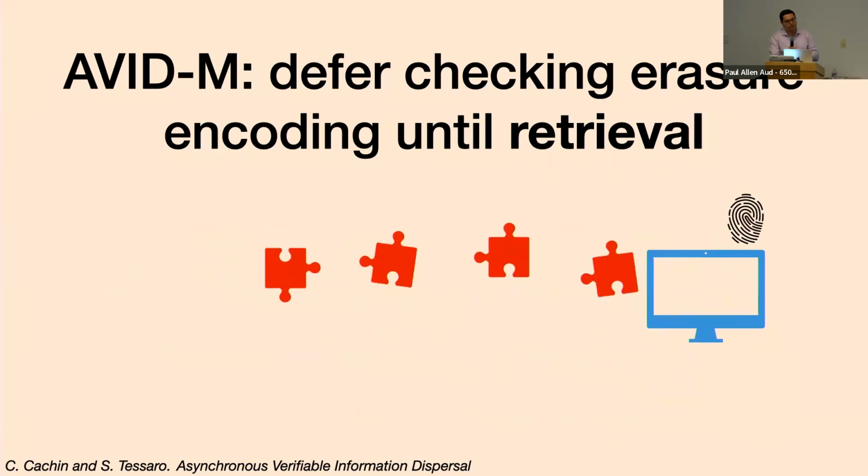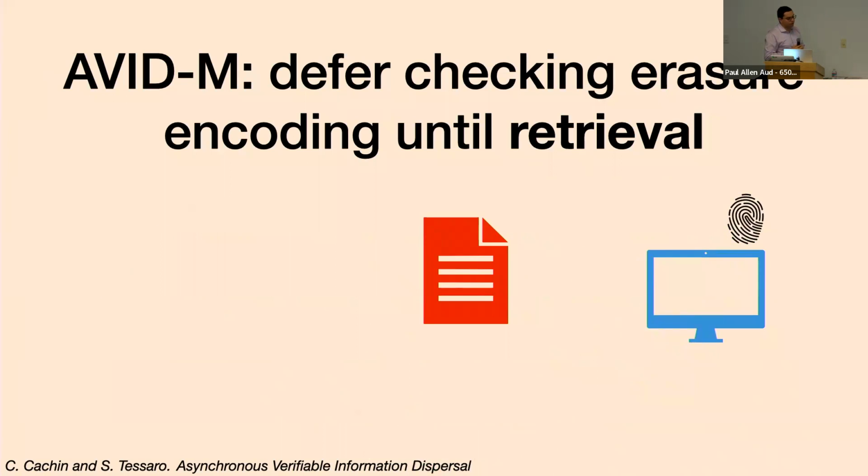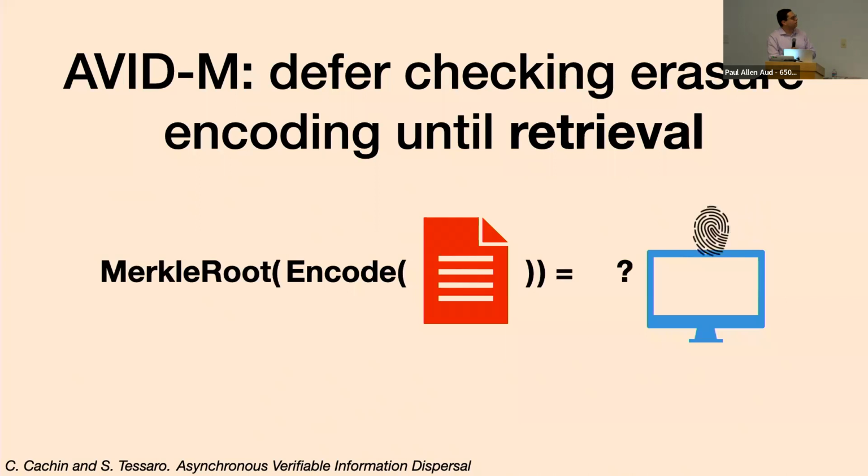So when nodes go to retrieve the block, they will collect enough chunks. They'll run the decoding like any other VID protocol. And then they do this check. They actually check that the Merkle root that was used at time of dispersal corresponds to a consistently encoded set of chunks. And the way they do that is they basically redo the encoding. They get the encoded chunks, they construct the Merkle root, and they check, is this actually the same as the Merkle root that was committed when the dispersal happened?